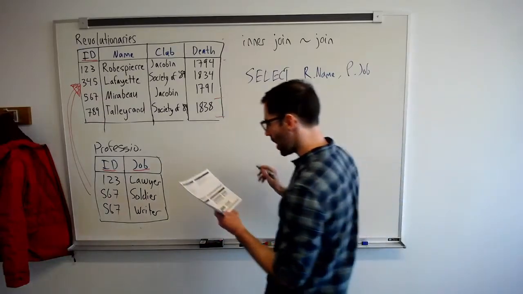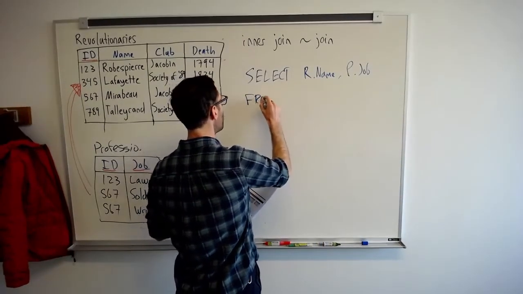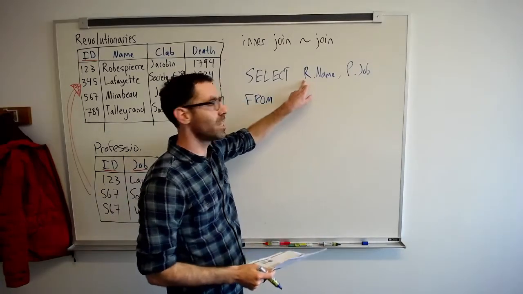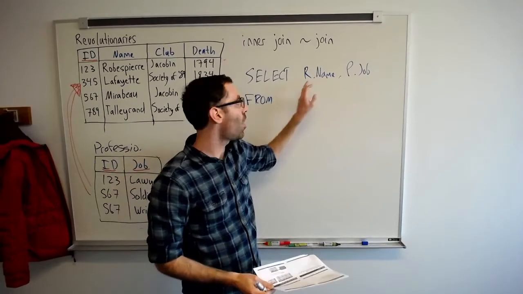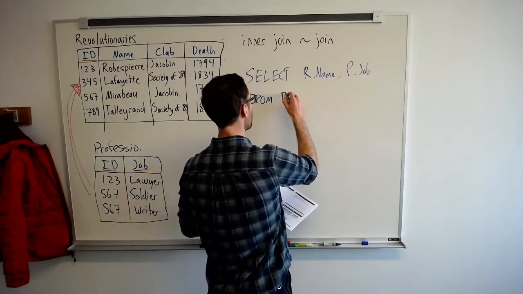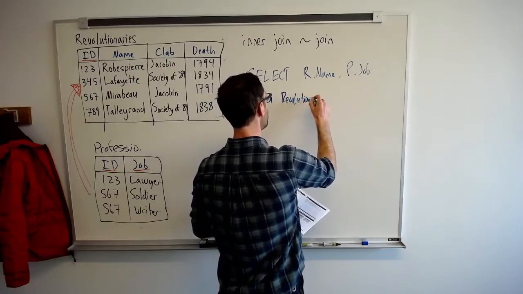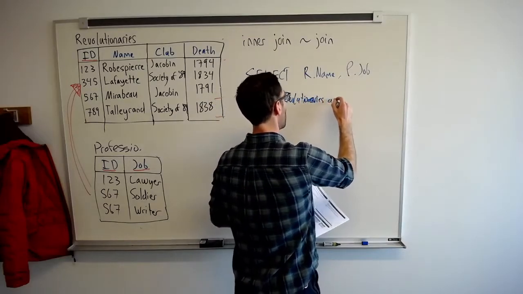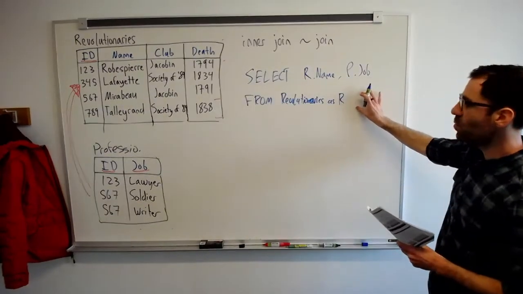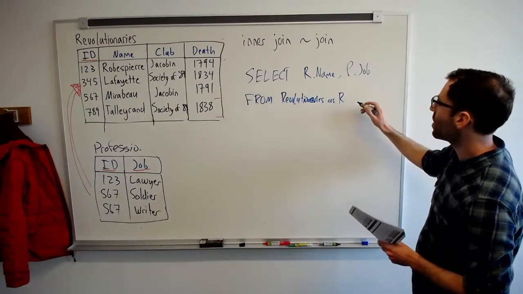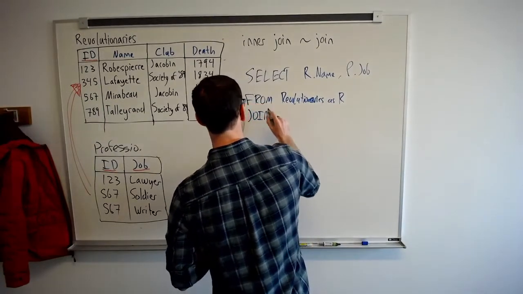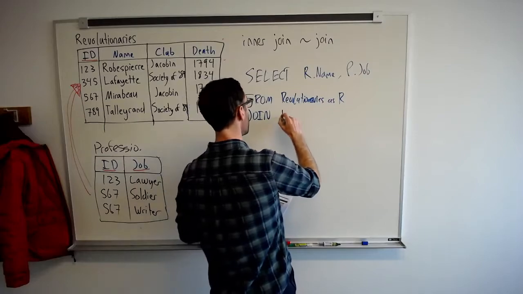And so we're going to have our from, and you see that as I've set up the select statement here, we're going to need a table R and a table P. R needs to have a name, P needs to have a job, and so we're going to select from revolutionaries as R, and we're going to want to join revolutionaries with our profession, so we can say join